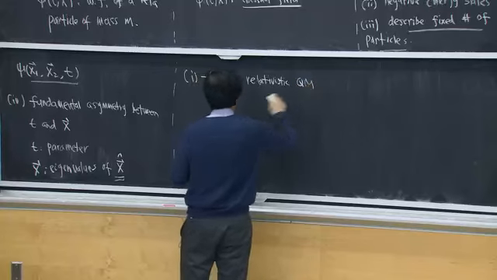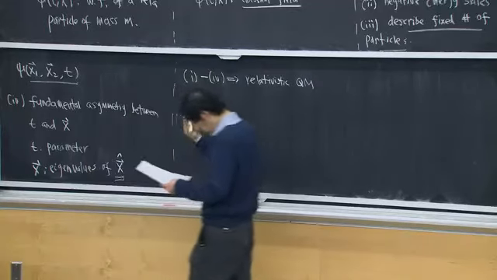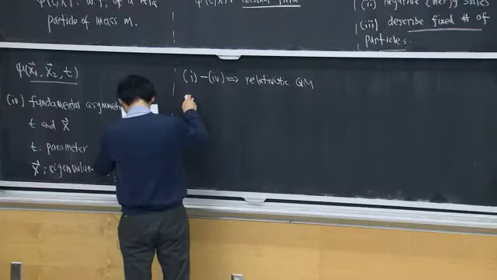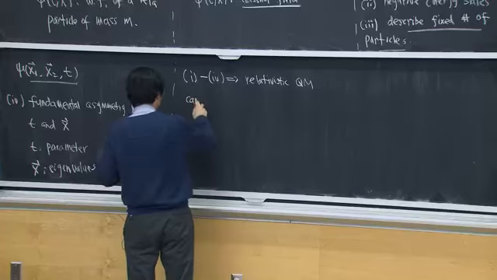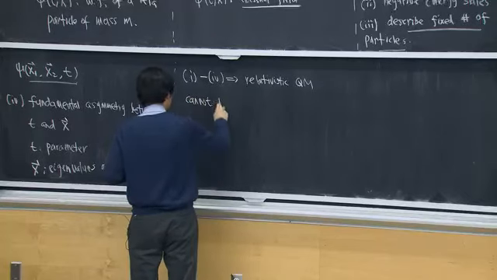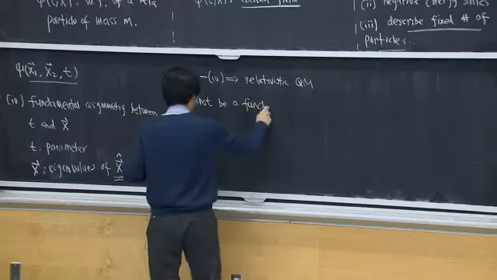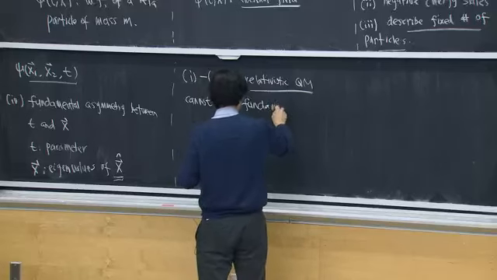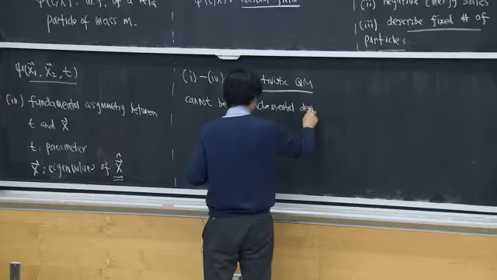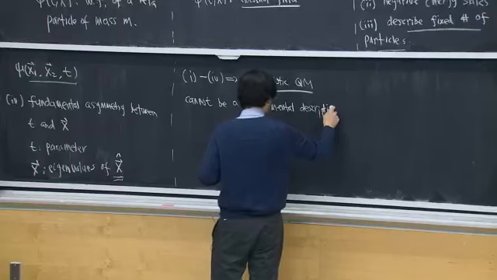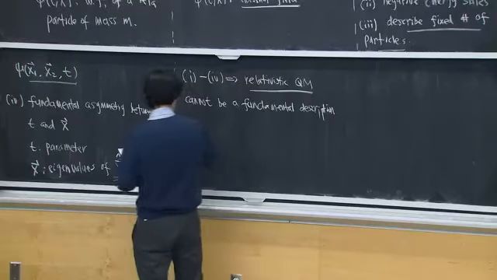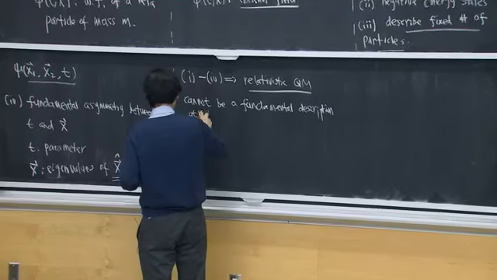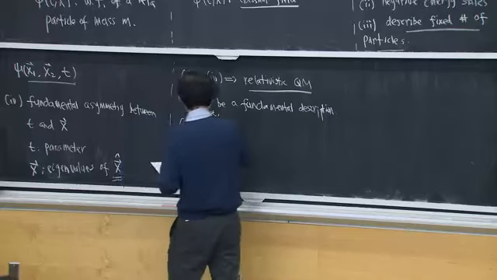quantum mechanics, defined in the sense that you write down a wave equation for a wave function, cannot be a fundamental description. But relativistic quantum mechanics just refers to this kind of wave equation. So at most, this can be an approximate description